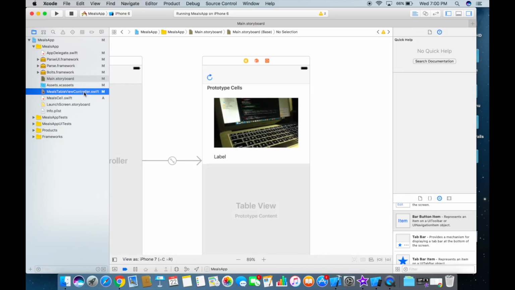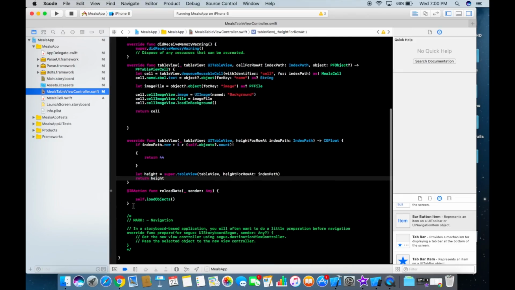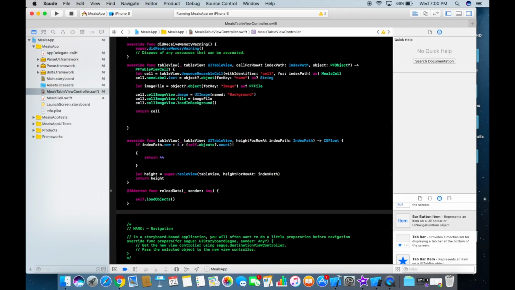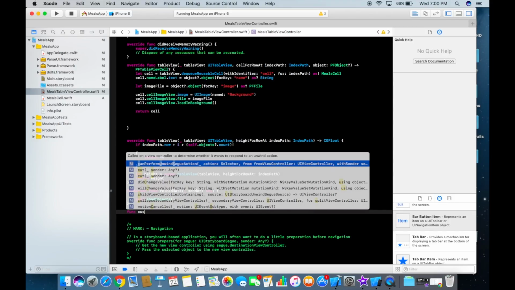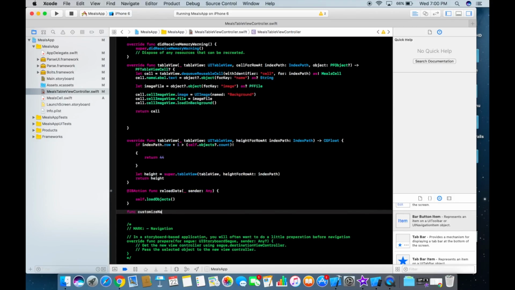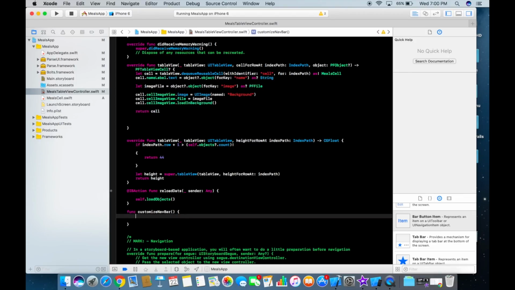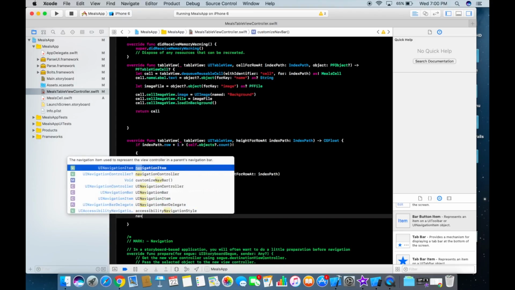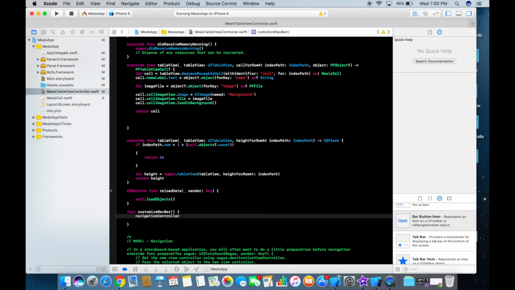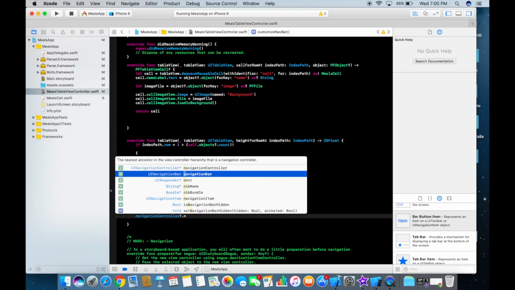So let's jump into our table view controller here. And the other thing I'm going to do is we're going to customize the appearance of the top navigation controller. So func customizeNavBar or something like that. And what we're going to do here is go navigationController.navigationBar